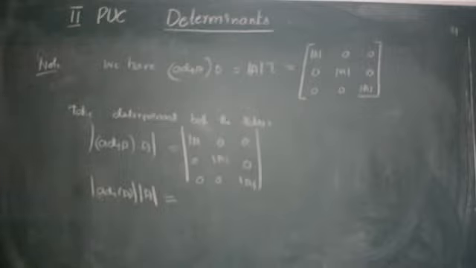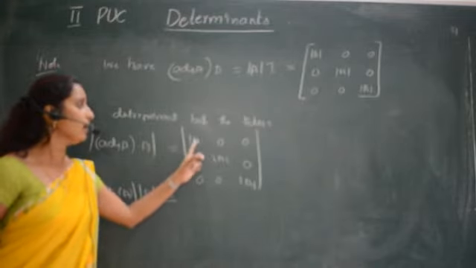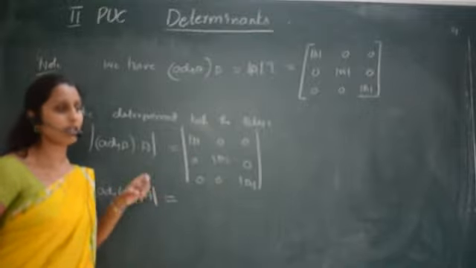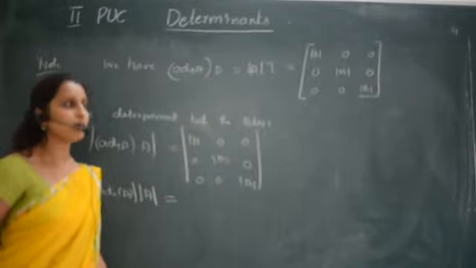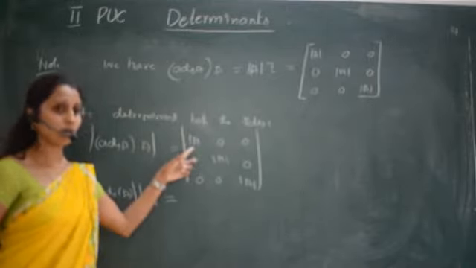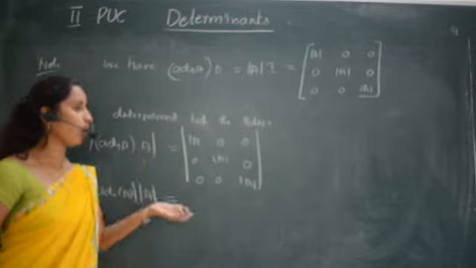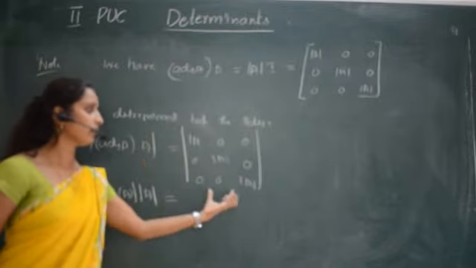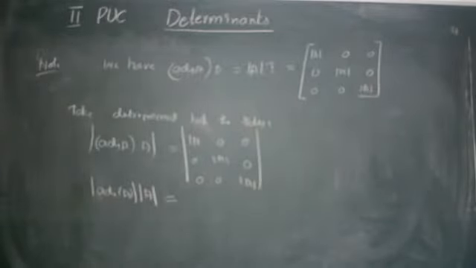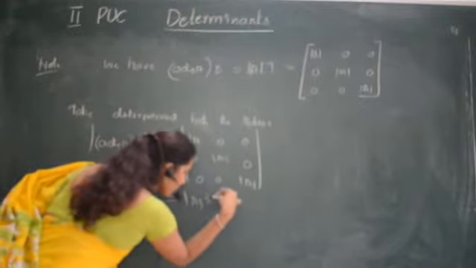So this will be equal to, as we have already studied in determinants: if it is a matrix, the determinant of A is a number, taken only once. Now it's a determinant, which means we can take common terms row-wise or column-wise. So I take determinant A common from R1, then from R2, then from R3, or I can go column-wise also. How many times can I take determinant A common? 3 times. So determinant of A cube.